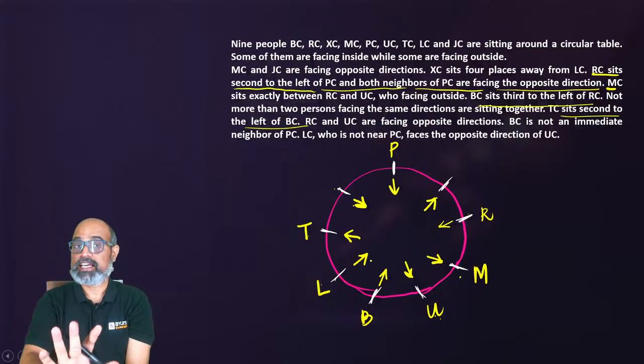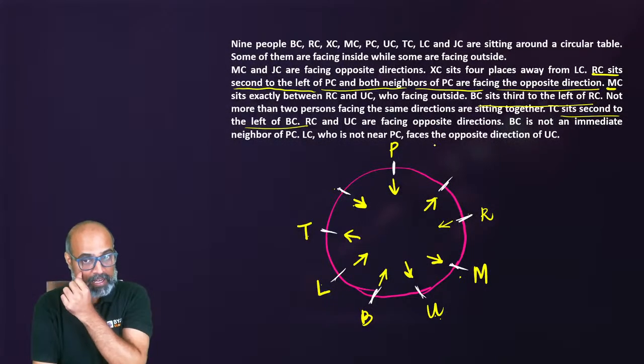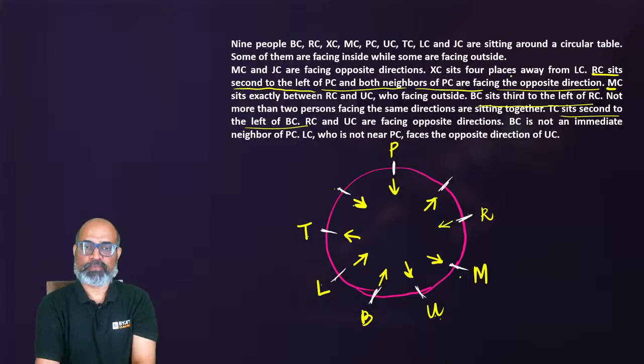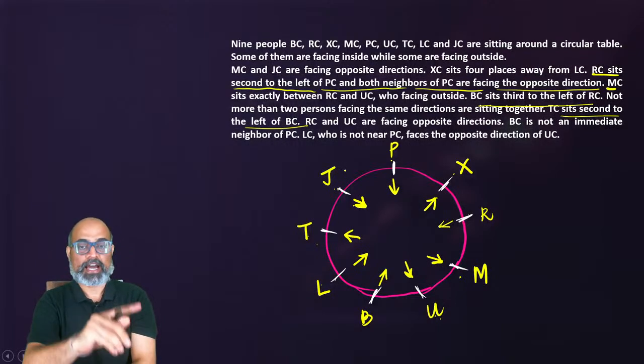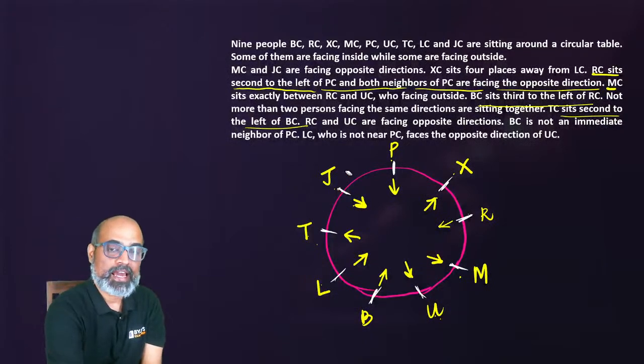Makes sense? See, there were 3 places where I made assumptions, as in I was like, let's try this and see. Okay. 2 more people left are X and J. So do we have an X and J anywhere? We did have an X, right? X sits 4 places away from L. So 1, 2, 3, 4. So this is where X will go and this is where J will go. We have all the 9 people. We have their directions. We will go through the statements again and see